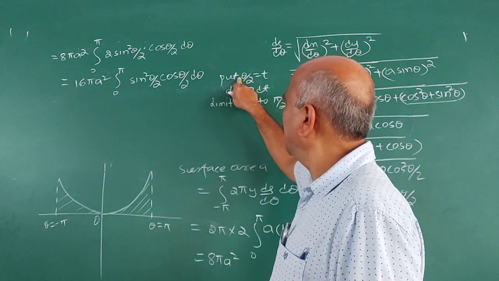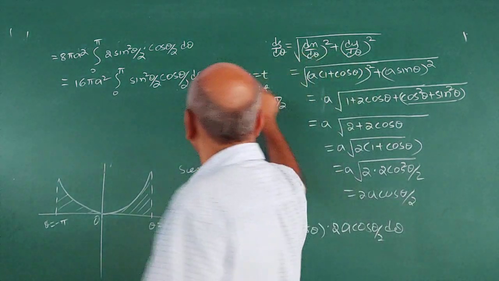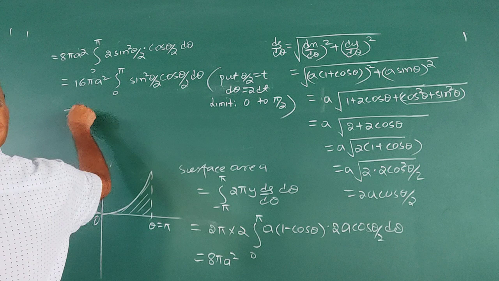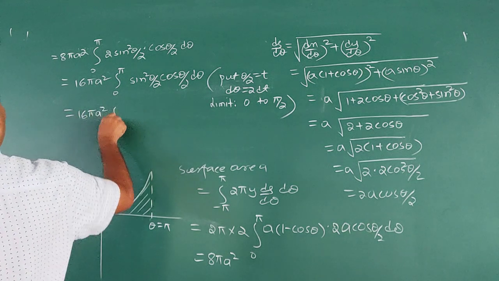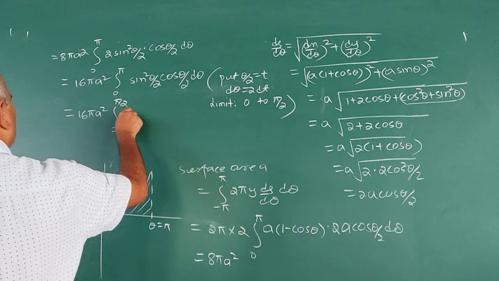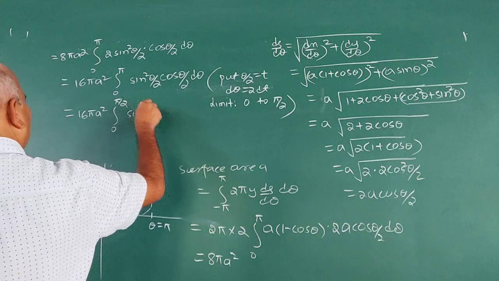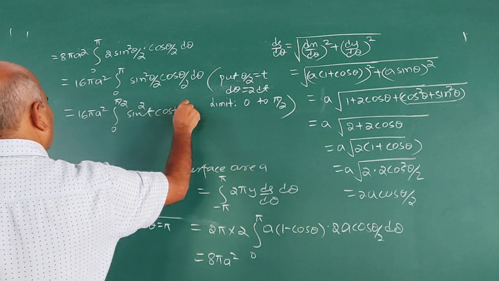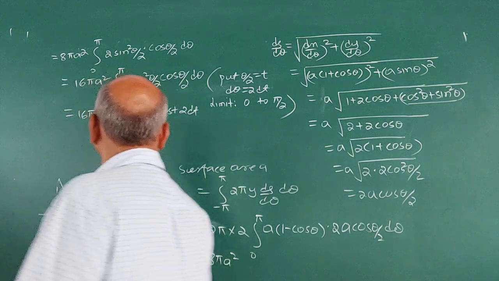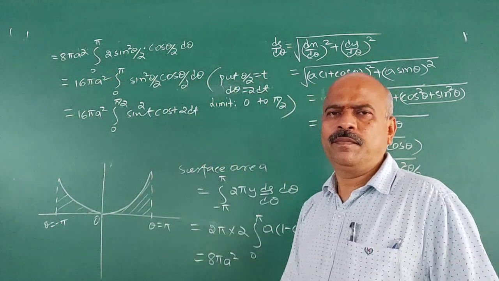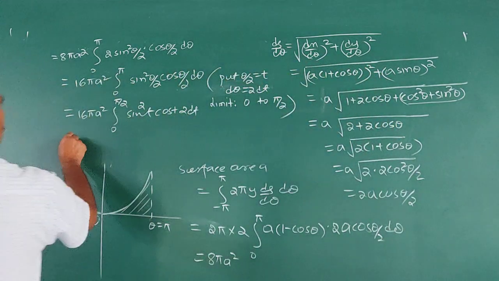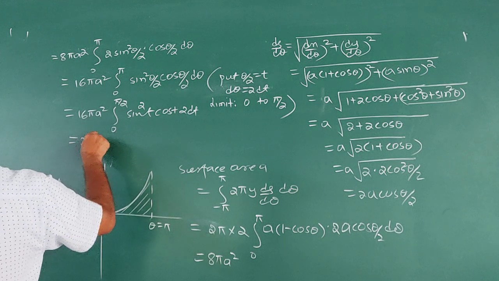If you take theta is pi, you will get t is pi by 2. So this reduces to 16 pi a square integral 0 to pi by 2 sin square t cos t into 2 dt, because d theta is 2 dt. So it is 32 pi a square